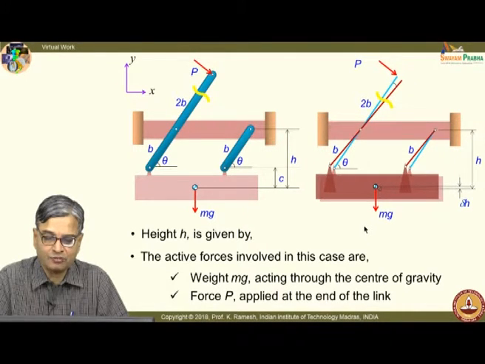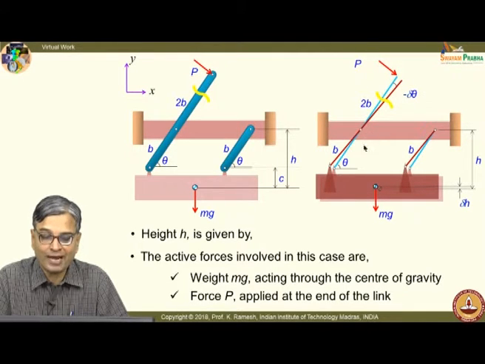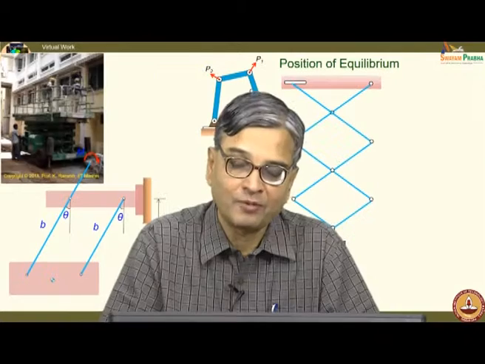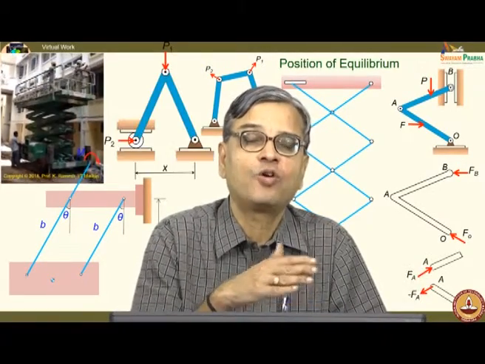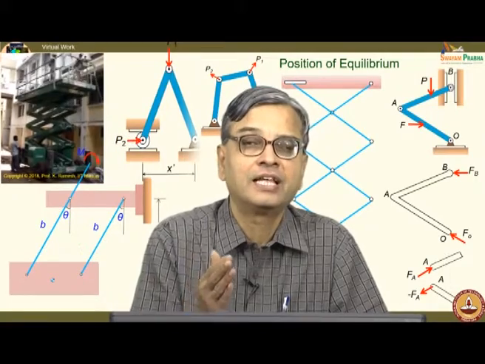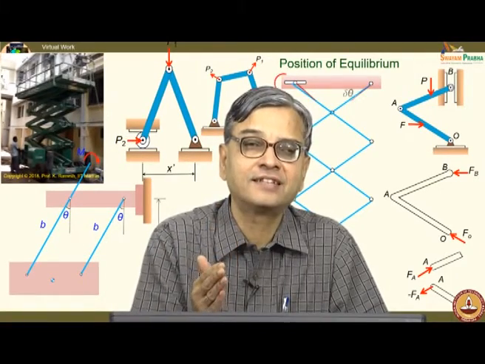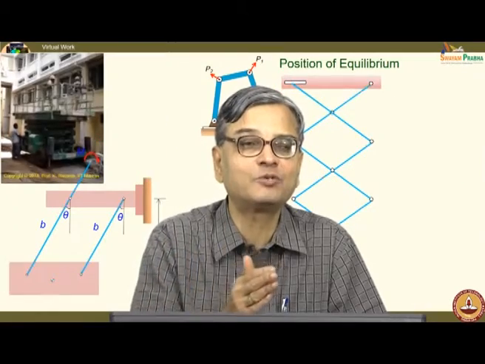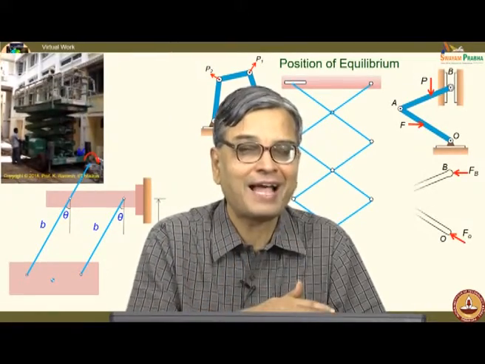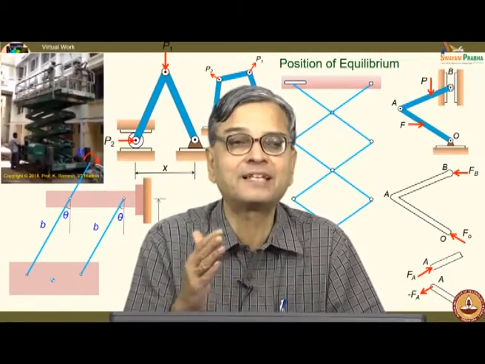So, I have the value theta and I should recognize that this is theta decreasing. See, what happens is, one of the conventions people use is, they look at it from the coordinate point of view. If the distance increases, that virtual displacement is positive. If the angle increases, the virtual displacement is positive. If the angle decreases, virtual displacement is negative.